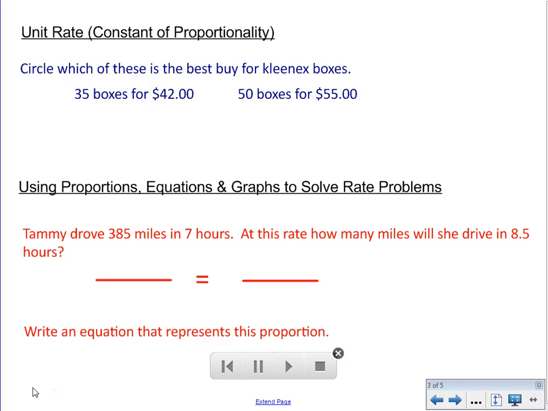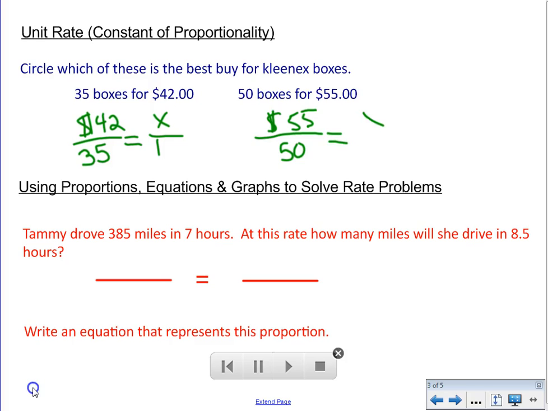Let's look at, remember, we always put money on top. So $42 for 35 boxes. Or is it better to buy for $55, 50 boxes? We can't compare them the way they look right now, so let's put them in unit rate. We can do that by making 1 on the bottom. By putting 1 on the bottom, we're always looking for unit rate. We can then cross multiply